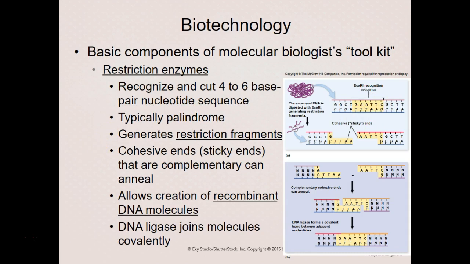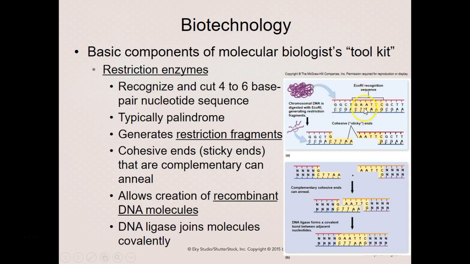Restriction enzymes can produce fragments that are blunt or fragments that have sticky ends, or cohesive ends. We typically use restriction enzymes that produce sticky ends. What sticky ends allow is for us to take and cut DNA from a section of DNA or chromosome